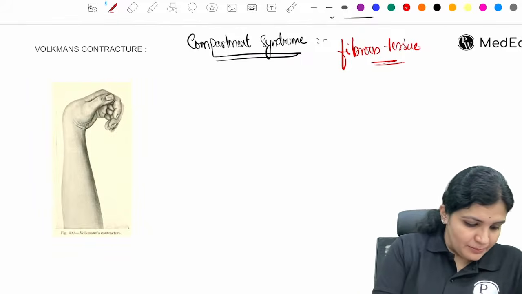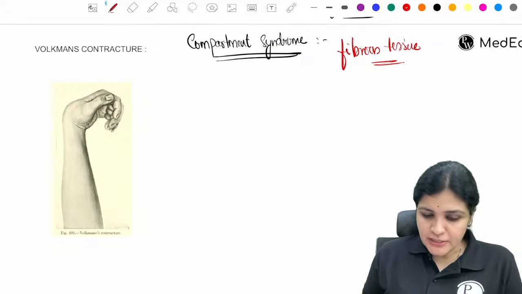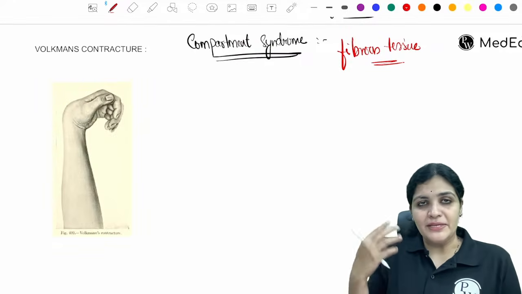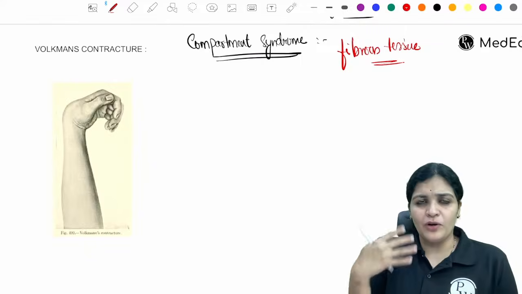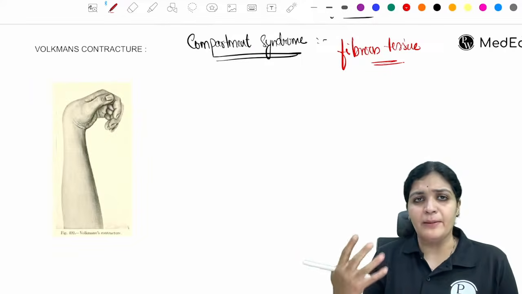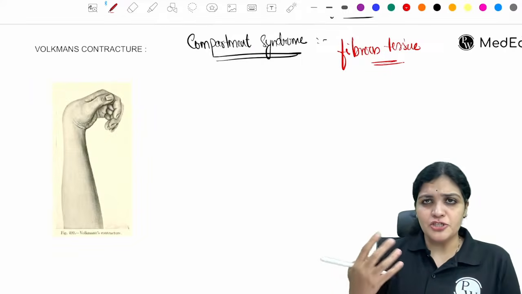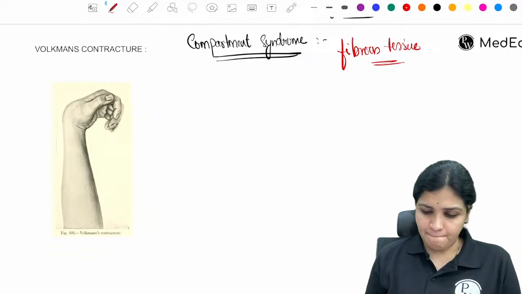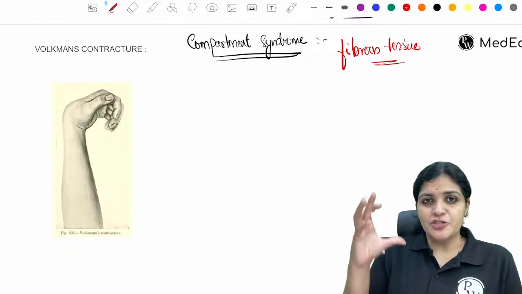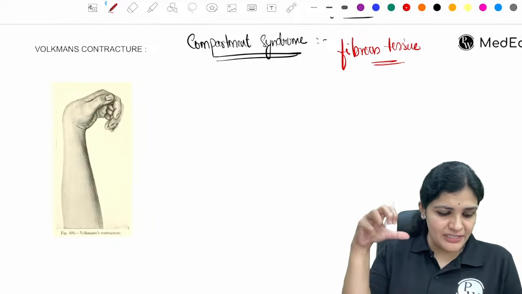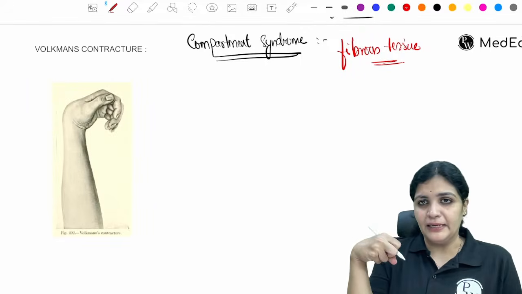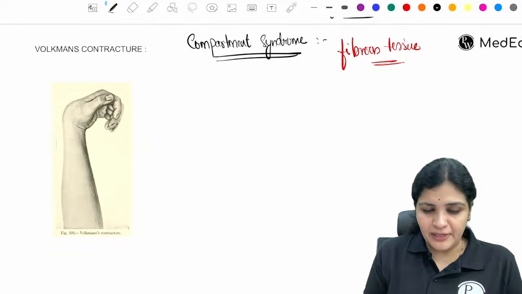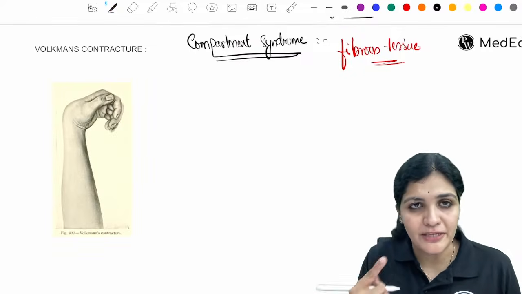Yes, the muscle atrophy will result in fibrosis, not exactly atrophy. The muscle has died, and whichever is dead will result in fibrous tissue, so the muscle is completely replaced by fibrous tissue, right? And now this fibrous tissue is a tight structure, right? Because it is a tight structure, it will pull like this, so it will pull all the fingers down. So here what you have to remember is, whenever they ask you the question about Volkmann's contracture,